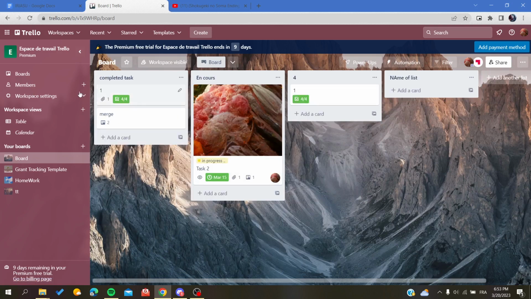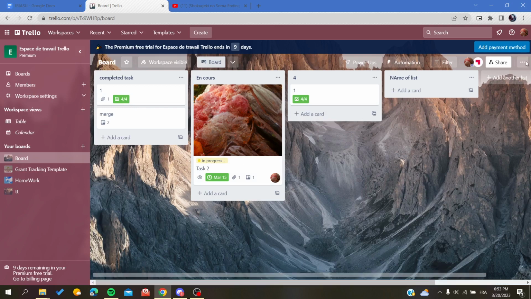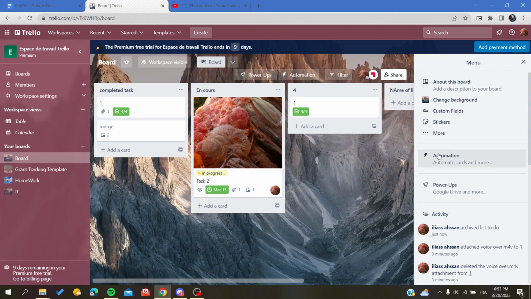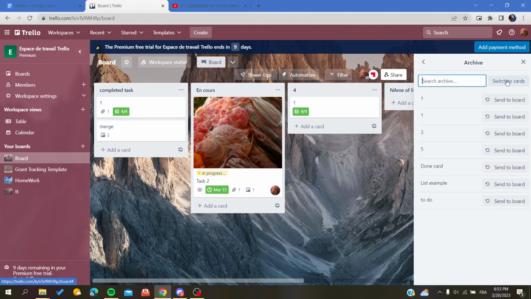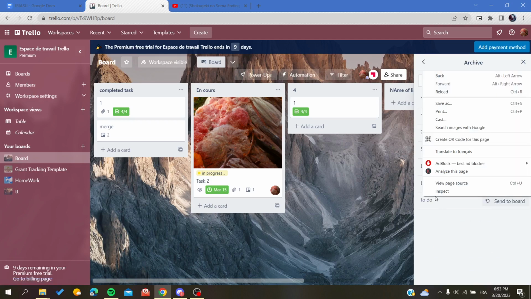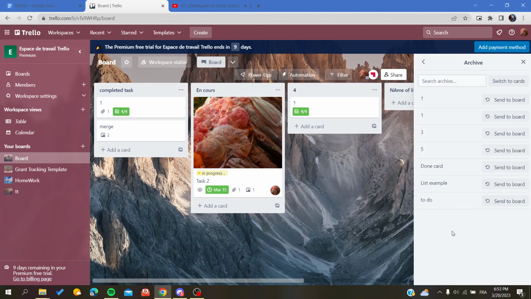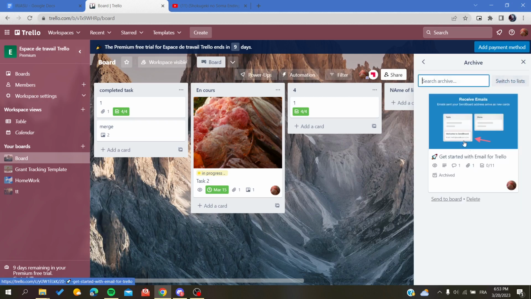And basically now it has been removed from my board, but it is not permanently deleted, because if we go to the archived items here in this menu and we go to more archive items, we will find them here in these archived items of my board. And basically as you can see we cannot delete them,